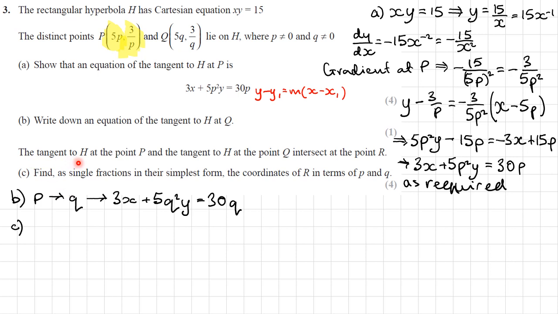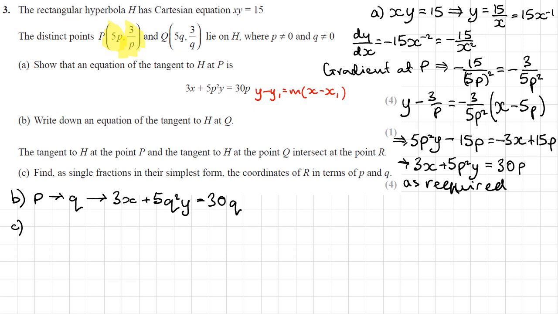Moving on, the tangent to H at the point P and a tangent to H at the point Q intersect at the point R. Find as single fractions in their simplest form the coordinates of R in terms of p and q. Okay, so what I need to do is to solve the equations of the two tangents simultaneously and work out their points of intersection. So I'm going to take the equation for the tangent to H at P, and I'm going to rearrange it and make x the subject